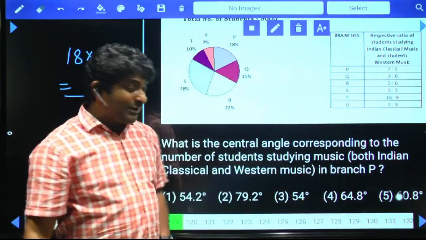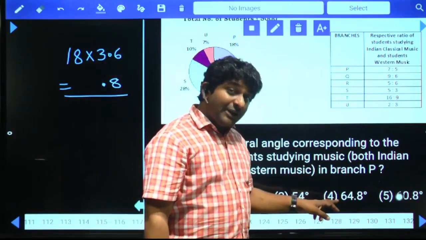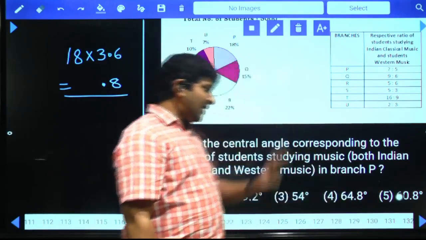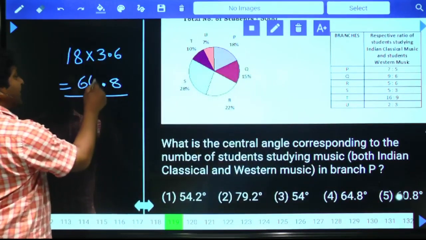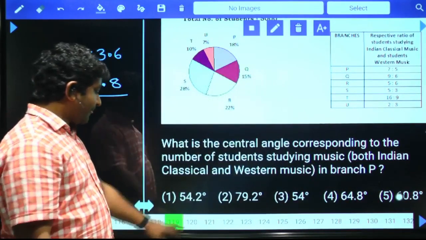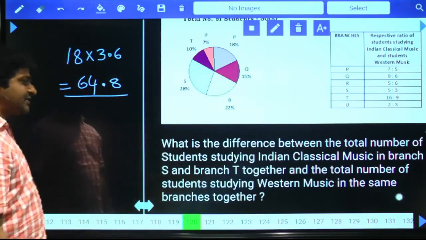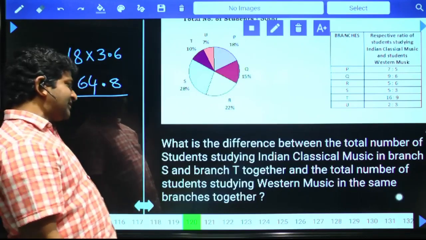But answer should be 9 multiple. Is this fourth option 9 multiple? Yes. Is fifth option 9 multiple? No. Fifth cannot be your answer. Answer: 64.8. Final answer. Next. What is the difference between total number of students studying Indian classic in branches S and